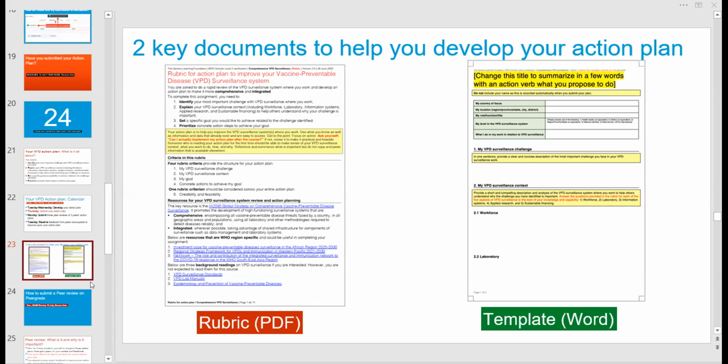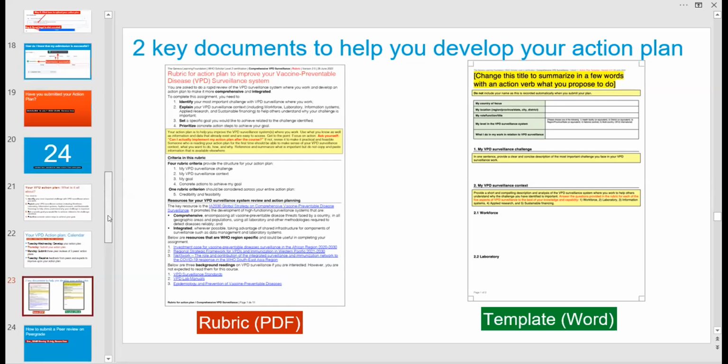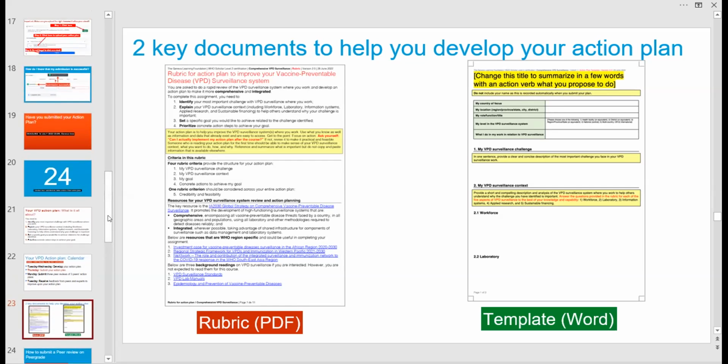So right now, that said, I'm going to turn towards you in the room. And earlier on, we had Dr. Mohamed Bonos, who had volunteered to share his VPD surveillance action plan. So I'm inviting you, Dr. Mohamed, to unmute yourself. You've already done so. I'll stop sharing my screen so that you have the possibility to share yours.